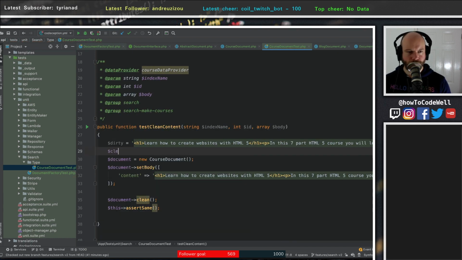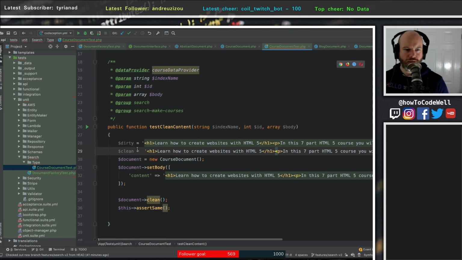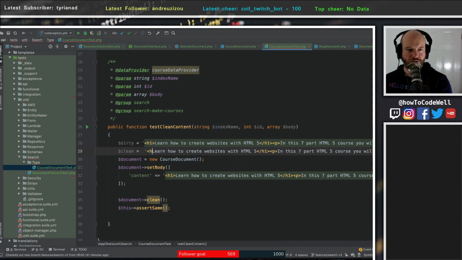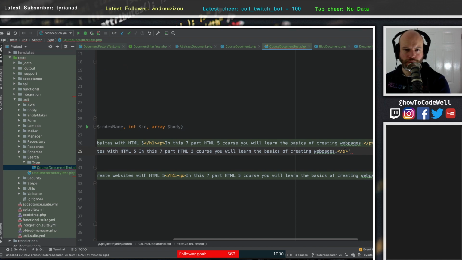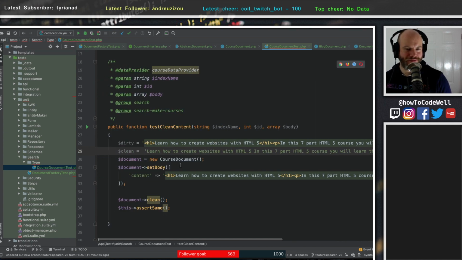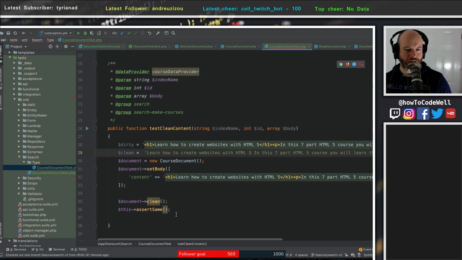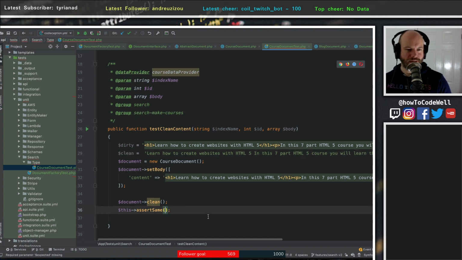And then clean, or in the testing world it would be actual and expected, right? So basically my cleanup is to strip the tags, right? So then we would do clean here, and then we would assert that